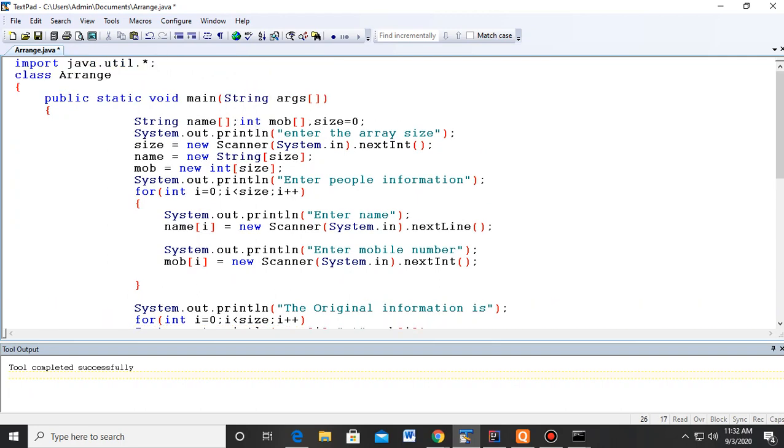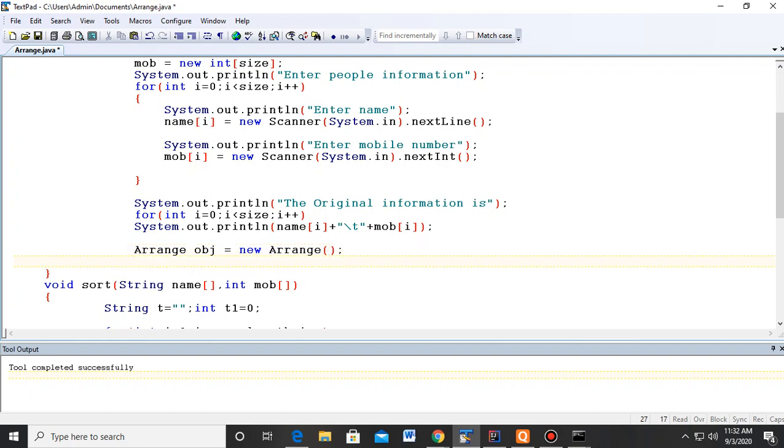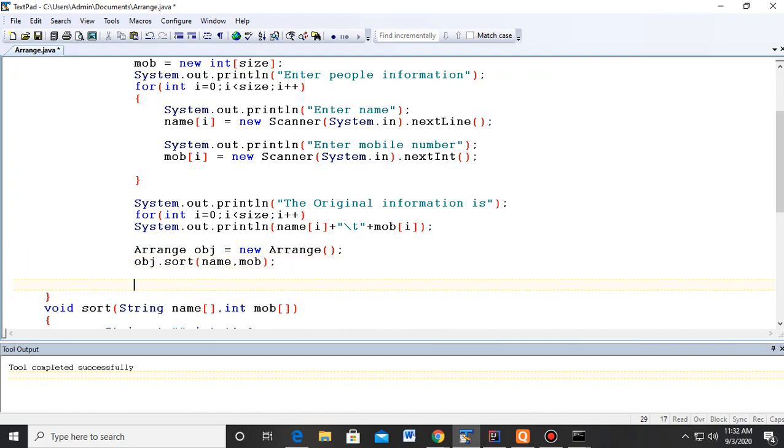And after this, I need to create the object of the class, new, and I need to call this function sort, passing this name and mob array. And as you know that array is a reference data type, so whatever changes we are making will get reflected from the function within the main method.